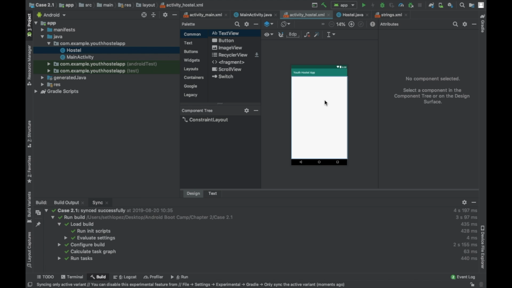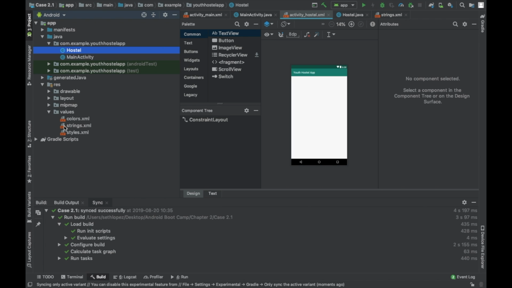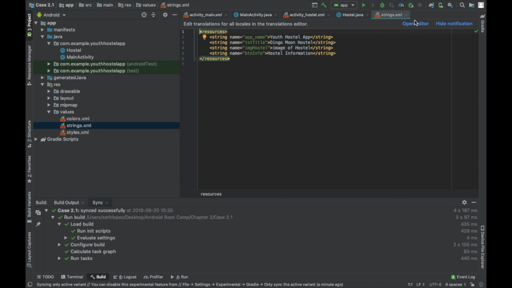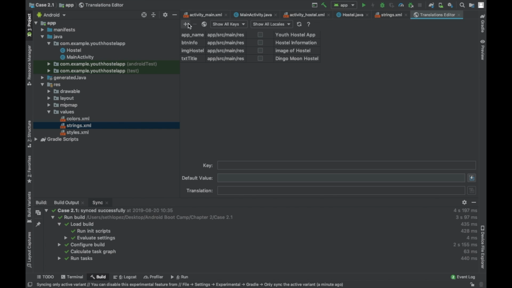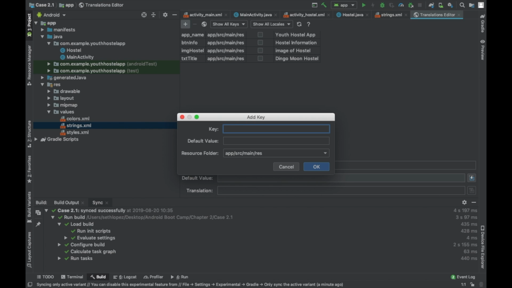So in the second screen, we're going to have 3 strings. We're going to have the name of the hostel, the address, and a cost. So we're going to go back to res, values, strings, open editor. And we're going to add those strings. So we're going to add hostel, so text hostel name, and then we're just going to call it Dinjo Moon Hostel,